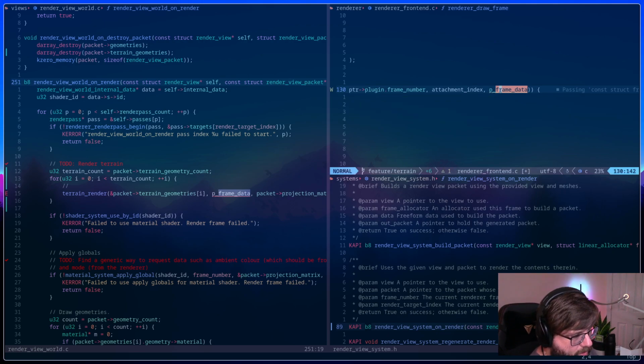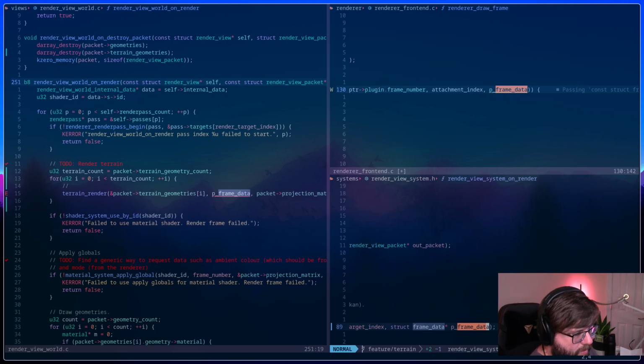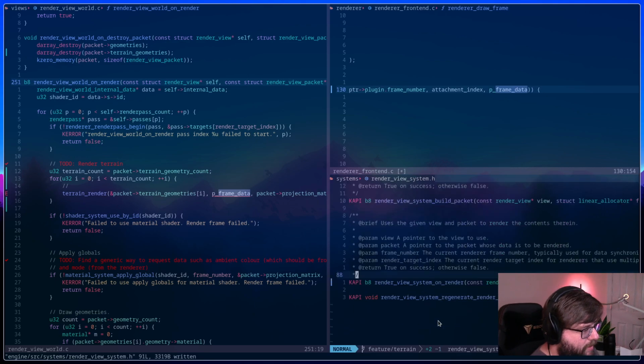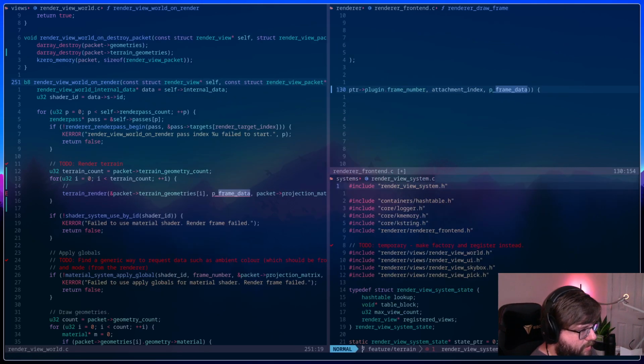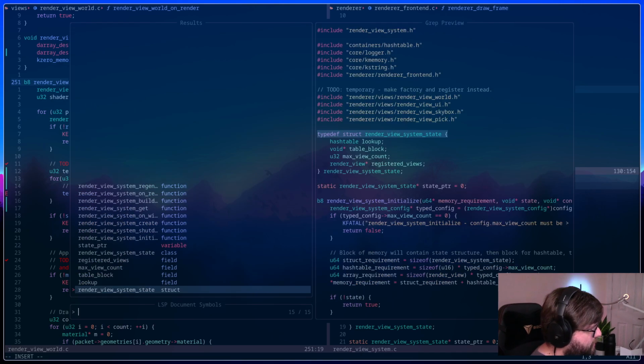Okay. So this should be const. Right, that fixes that one. So now we'll have to go to render view system C. And we'll go to